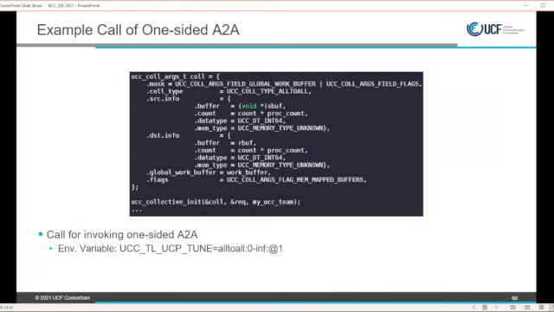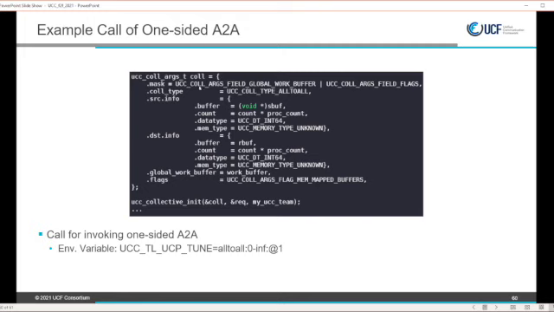Anyway, when you're going to actually call the one-sided algorithm, by default, we're keeping the one-sided algorithms disabled currently, I believe, because if you try to call a one-sided algorithm on a context that does not currently have memory allocated to it, your collective would fail. So we're just keeping that from happening by default. So here's how you would call a UCC collective with the one-sided, say, all-to-all algorithm.